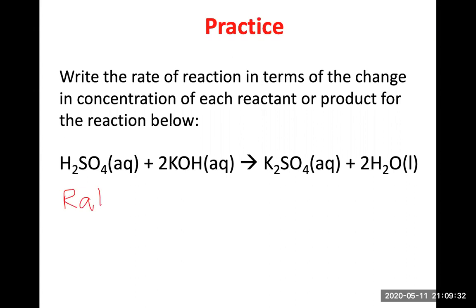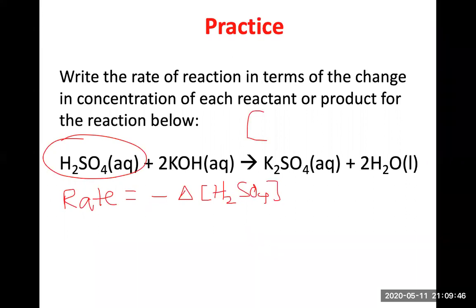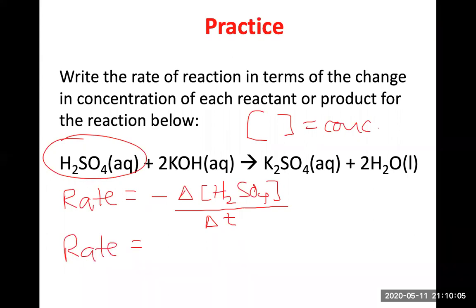So the rate of this chemical reaction is going to equal, well, if I start with just this one, I can say it's going to equal the minus delta concentration of H2SO4. Again, just a reminder that these brackets mean concentration. So this is just a shorthand way of saying concentration of. The rate of disappearance of H2SO4 over time, that's going to equal the rate of the overall reaction. And the rate of disappearance of the other reactant, KOH,